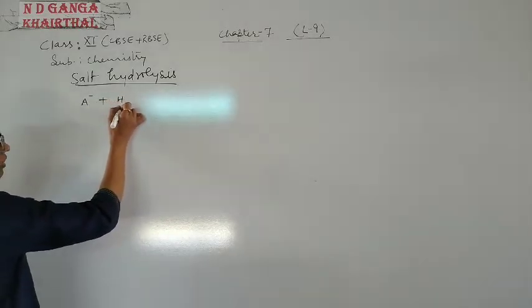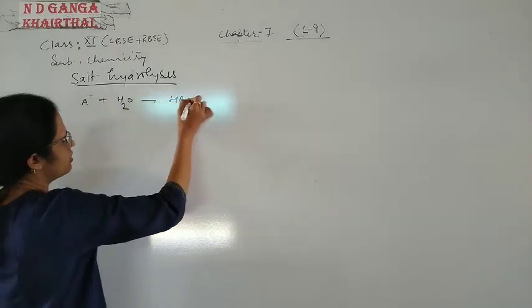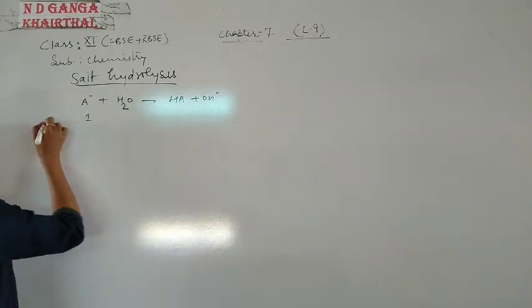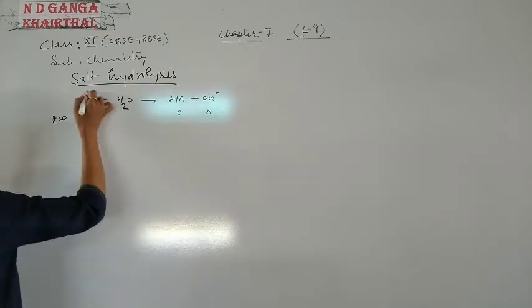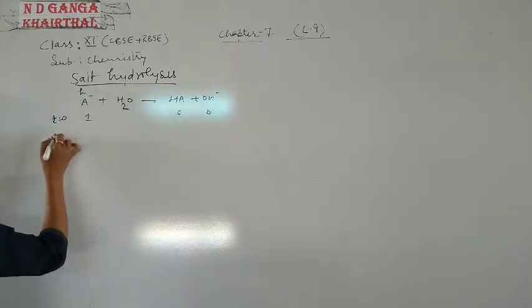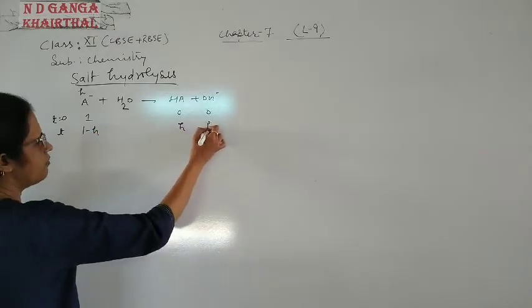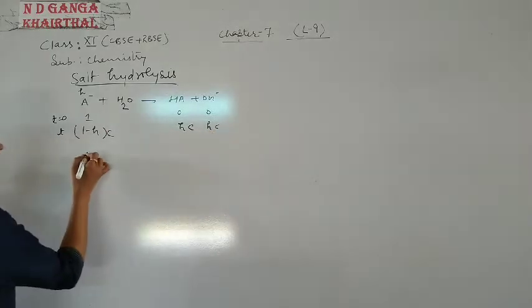On hydrolysis it forms HA plus OH negative ion. Starting at time 0, it is 1 mole and 0. If h part is hydrolyzed, then at time t it will remain 1 minus h, and it will be h and h. And if the concentration of the solution is C, in that case